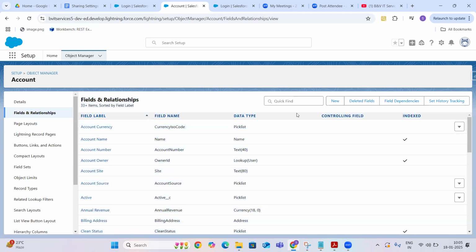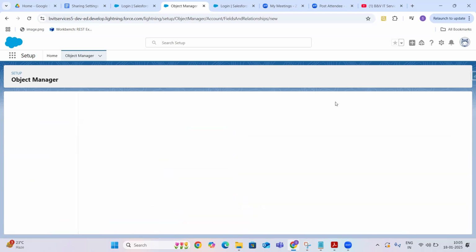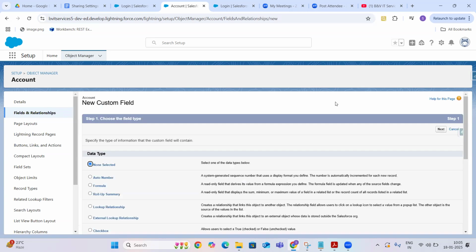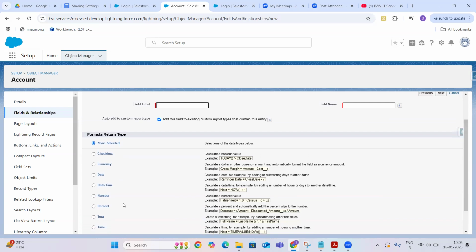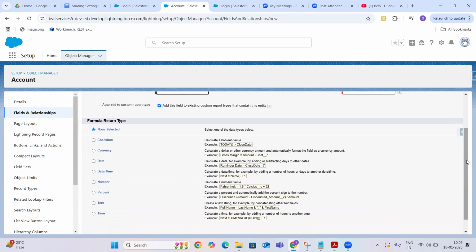If we go to the fields and relationships and click on new, when we try to create the formula fields, it shows that a formula field can return checkbox, currency, date, date time, number, percent, text, time. These are the outcomes of the formula evaluation.